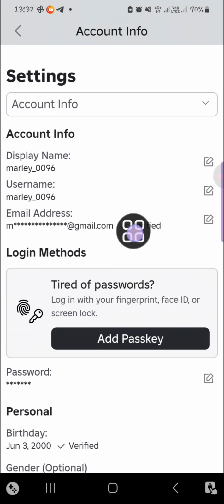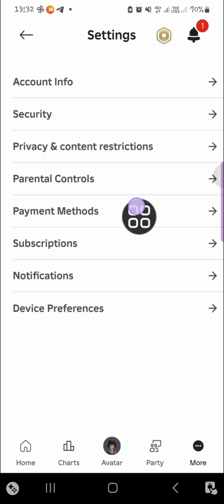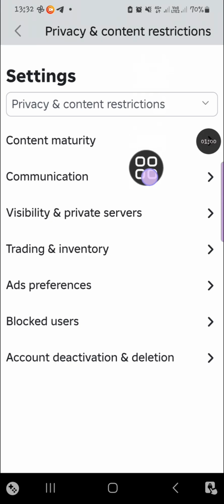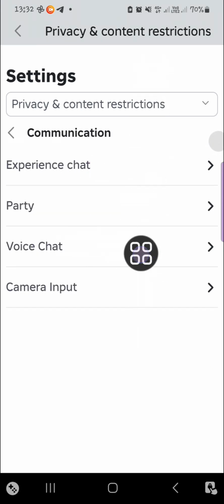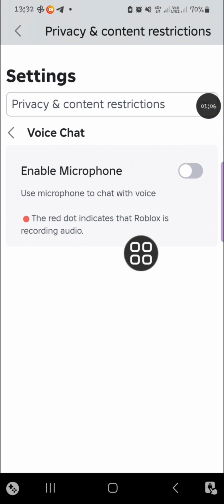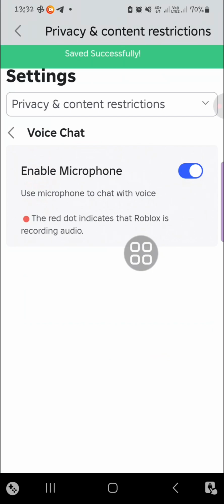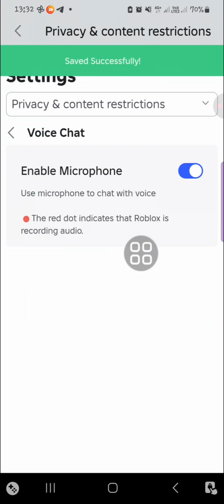And after our account has been verified, we can go back to the settings and you're going to open up privacy and content restrictions. Okay, then here select communication and go to the voice chat, and here you can enable the microphone. Okay, and then I'm going to click on enable,